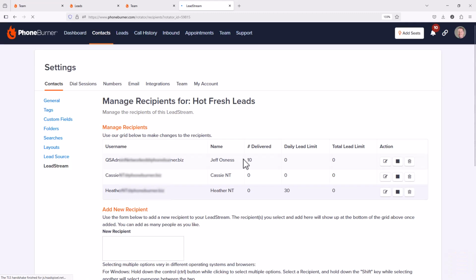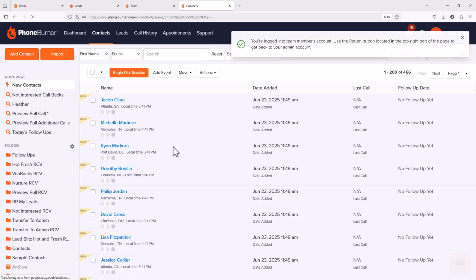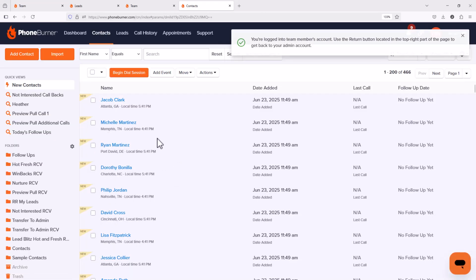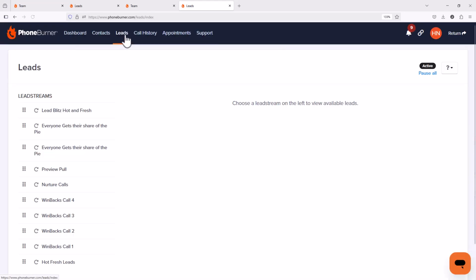And the last thing I want to point out regarding enabling and disabling is at the user level. So let's say I have a particular team member that's going to be out on vacation, and so I don't want them getting any leads as part of a round robin lead stream. I don't want them getting notified about lead blitz. I don't want any of that. So I can just log in as them,